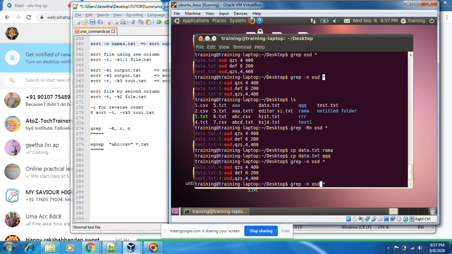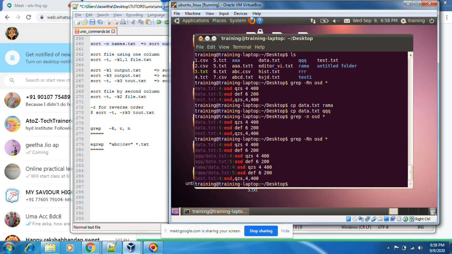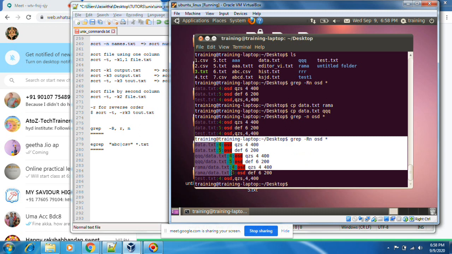If I use the recursive option -r, you see this OSD word matches in this file, and then it matches in QQQ data.txt, and in Rama. You see all the folders inside the desktop.